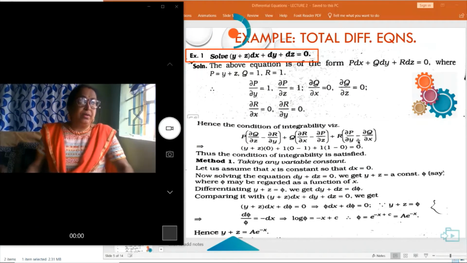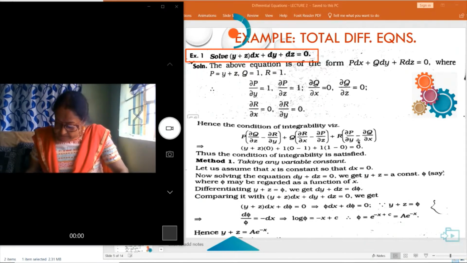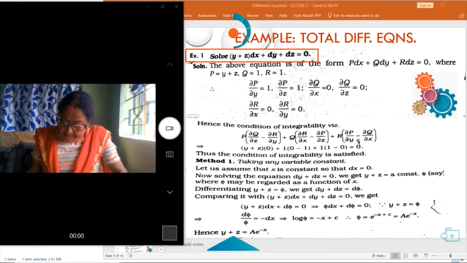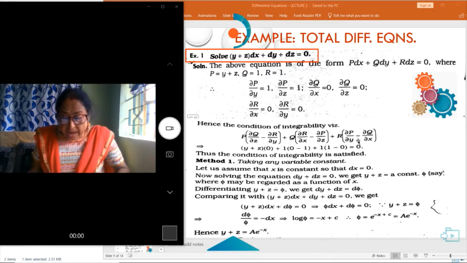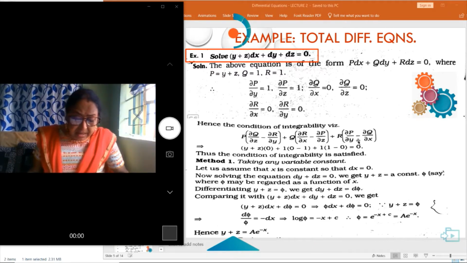Now we are going to solve one example. See here, (y plus z) dx plus dy plus dz is equal to 0. Here we take P as y plus z, Q as 1 and R as 1. So del P by del y, del P by del x, del P by del z are all calculated as shown. Now, hence the condition for